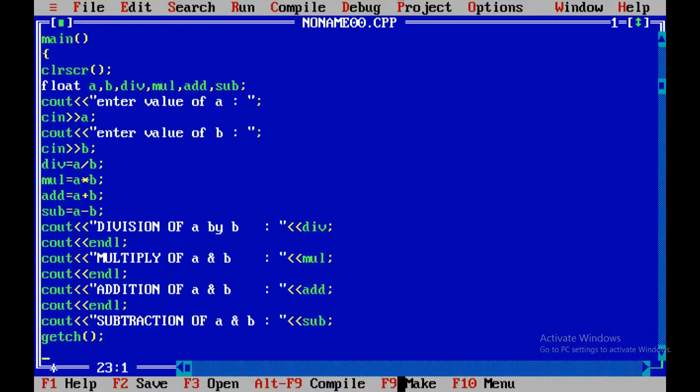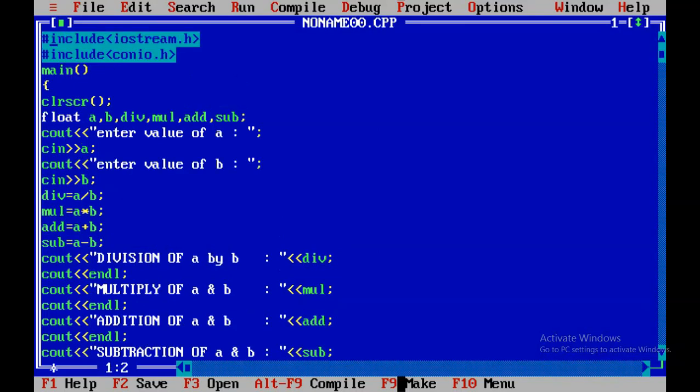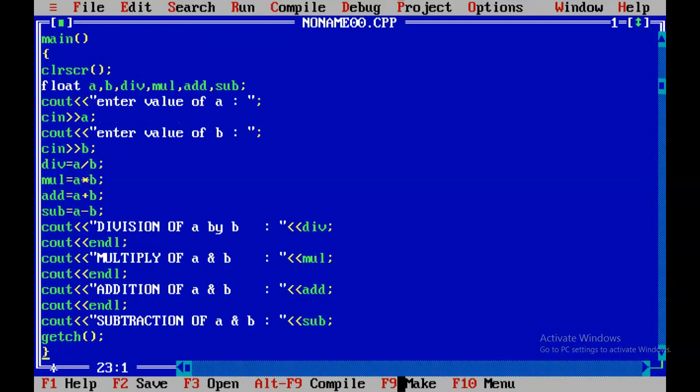So close it, and the last syntax is brace. This is the closing block. Now the coding is over. You can see from here: hash include iostream, hash include conio, main. Now I am going to display the output of this program.